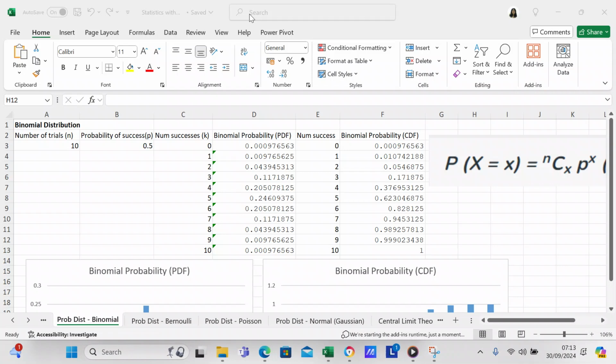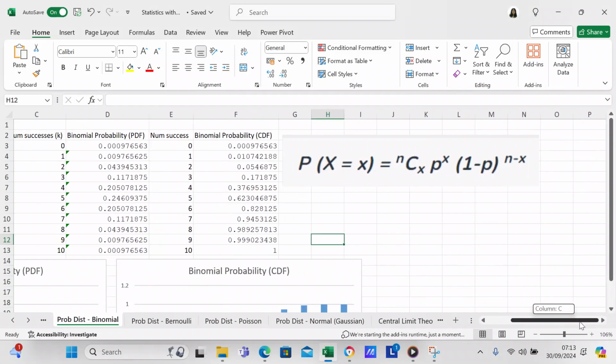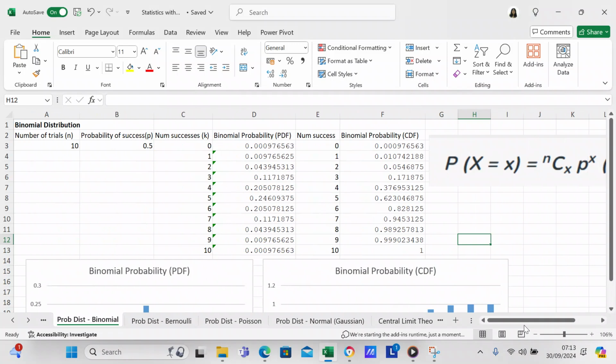In this video, I'm going to talk about the binomial distribution. The binomial distribution is a discrete distribution, and I wanted to show you how to make the binomial distribution on Excel. If you come over here, I've actually got the formula for the binomial distribution. If you like formulas, you've got the formula here if you want to experiment